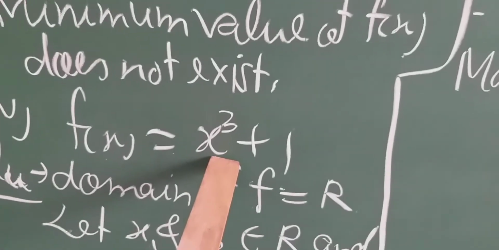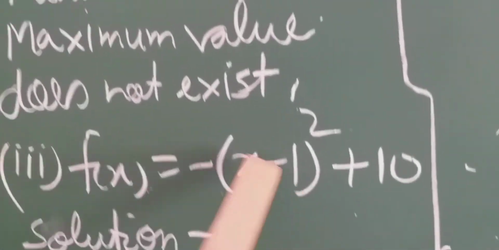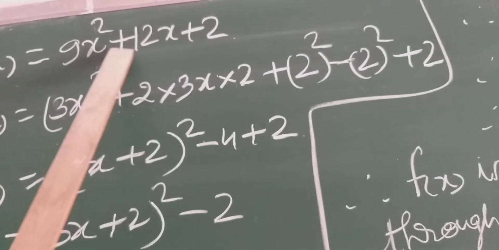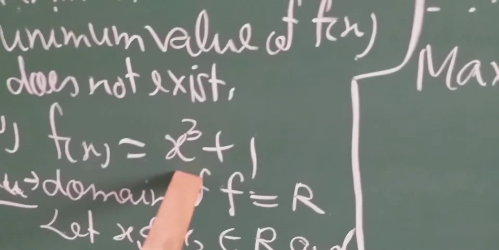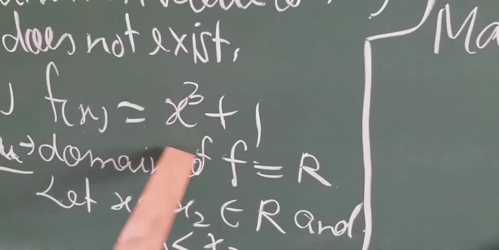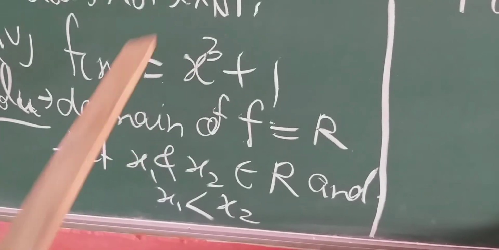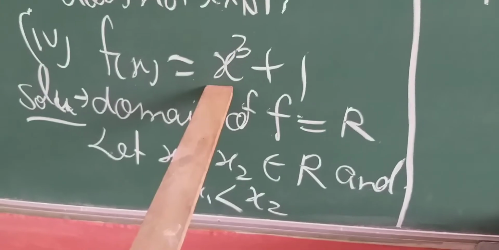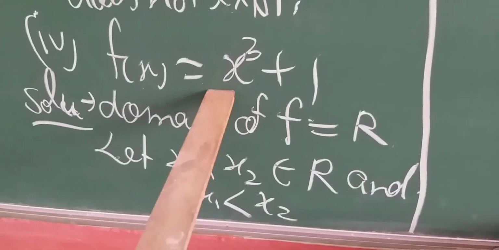Okay student. Student, in previous questions you can see all are perfect squares. If a perfect square is not given, then we change it into a perfect square first. But in this question you can see it is a whole cube. Cube is given. Correct? So we cannot change it into a perfect square. So if a cube is there, how can we solve? So we have to check the function first,